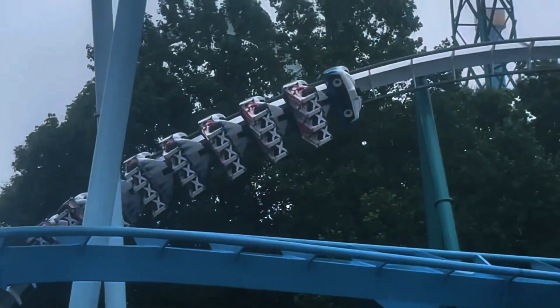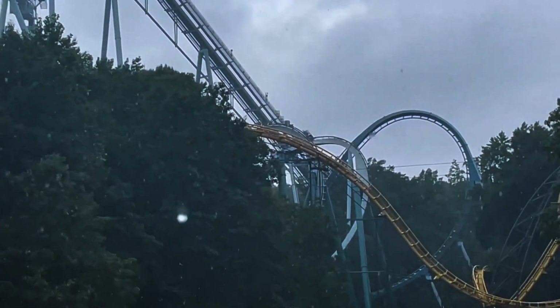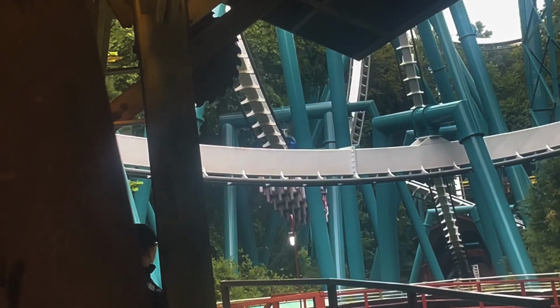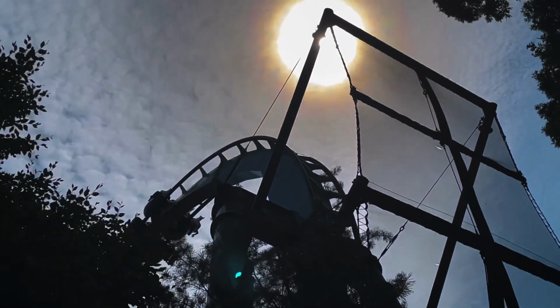Number 13 is Alpengeist at Busch Gardens, Williamsburg. This monster B&M invert seems to draw mixed reactions among enthusiasts. Some would call it the best invert in the country, and others say it's too rough to enjoy. I'm somewhere in the middle of this debate. My first ride on Alpengeist was extremely rough, and the other rides I got were excellent. I personally have it ranked towards the middle of my B&M invert list, but I can't deny, this coaster has